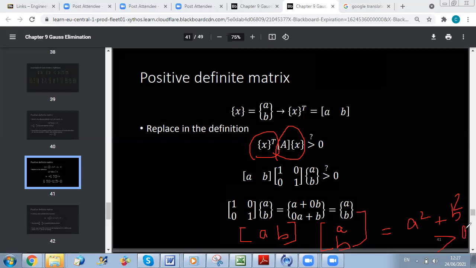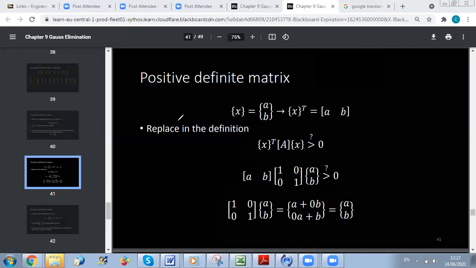Okay, so whatever is X, unless X is 0, 0. But for any other value, we will have a positive value for A square plus B square. So we can say that our matrix is a positive definite matrix. Okay, so now if these two conditions are satisfied, a symmetric matrix and a positive definite matrix, we will develop together